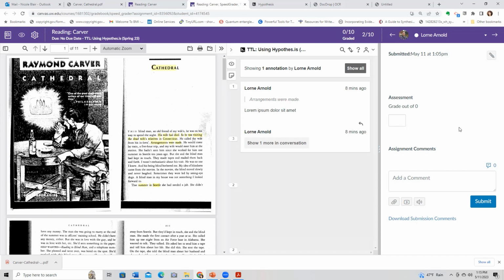If somebody is just making 1 or 2 word comments, like, oh, that's great, or oh, I don't know, if they're not really into it, then that student and I might have a conversation about that. But in the instructions for the assignment, I'm really clear about what I expect. When you set up the annotations, you have to say something, and there are maybe 3 or 4 categories of the types of things that I'm looking for.